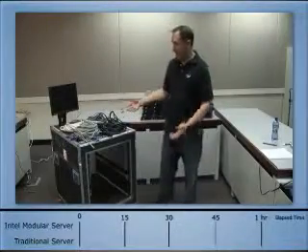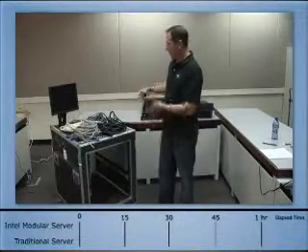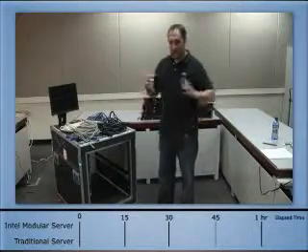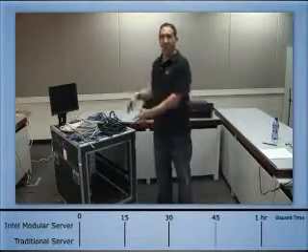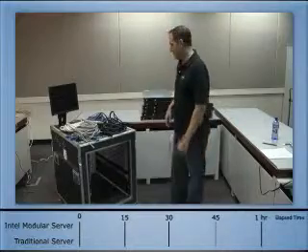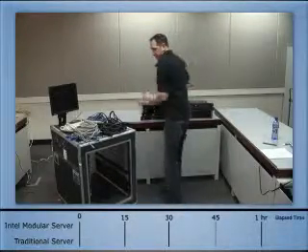Okay, so what we have here are the standard rack mount components that need to go into this case. So I'm going to go ahead and start physically configuring this rack and setting up these components. So first we have to